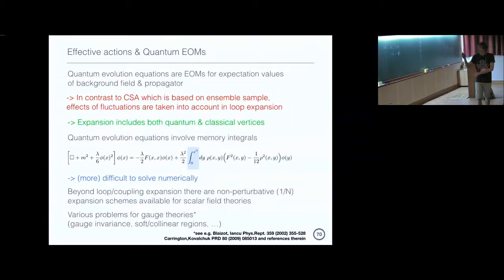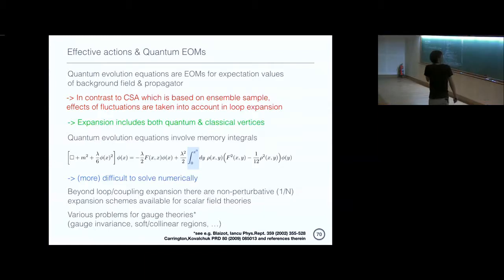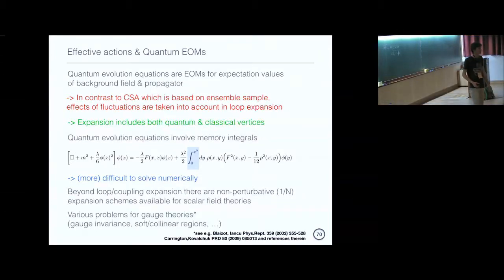Now, another reason why I'm not going to dwell into too much detail on this is that, as usual, I've taken the easy route here and worked this out for scalar field theory. If you want to do this for gauge theory, then a lot of these things become much more problematic, right? First of all, the approach is again explicitly formulated in terms of correlation functions of the fields, right? So there are obvious issues of gauge invariance that you have to deal with in these approaches.